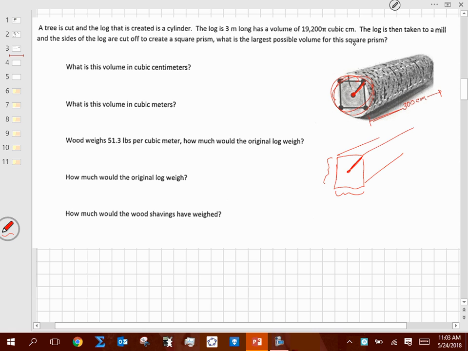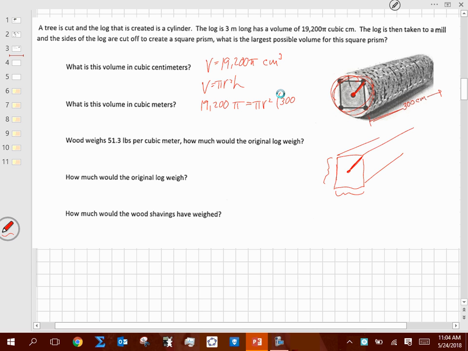So I'm going to try to figure out, based off of the volume being 19,200 pi cubic centimeters, can I figure out what that distance right there is? Well, of course I can. Volume for a cylinder is pi r squared h. So right now I know 19,200 pi should equal pi r squared h. Well, I don't know r, that's what I'm looking for, but I do know h